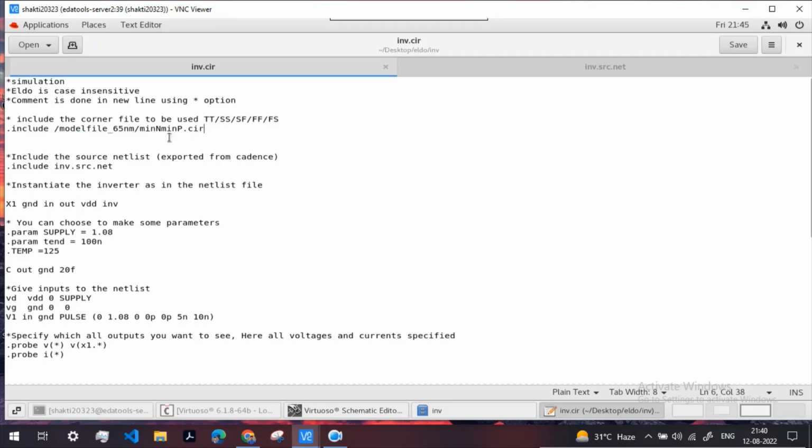It signifies that the process corner that we are using is slow. For fast, you just need to include the max and maxp.cir file. For typical, you need to include typn and typp.cir, and similarly for all the different process corners. You need to specify the voltage and temperature values by defining them as parameters using .param, and we name them supply. We take three different parameters: supply, T end, and temperature,